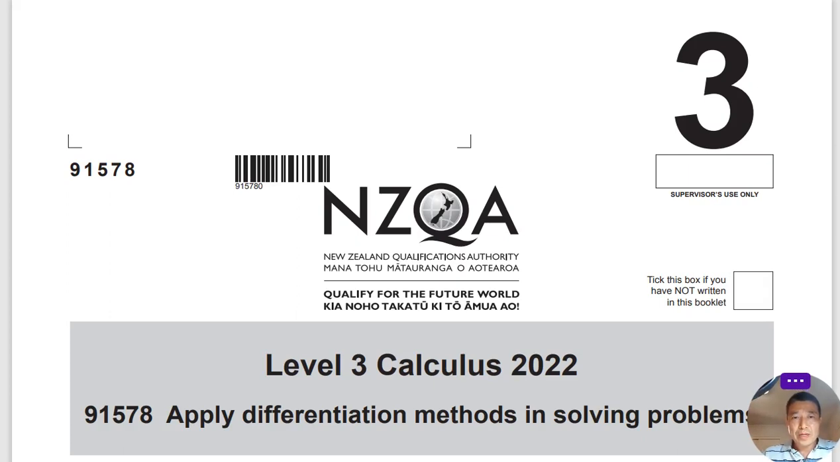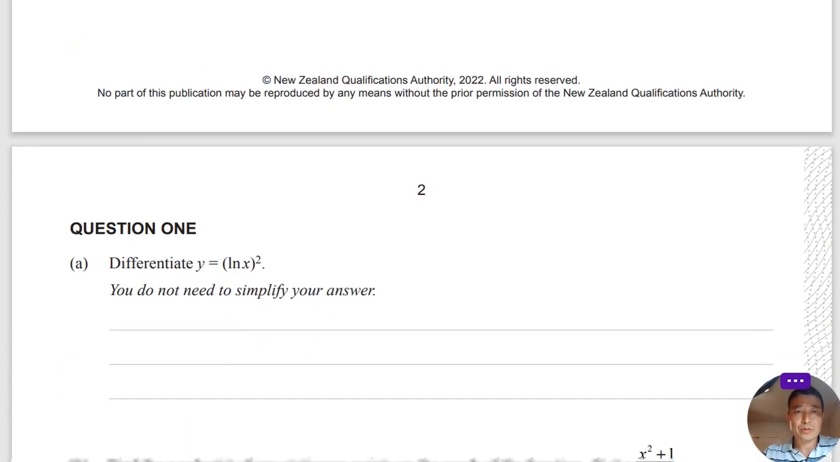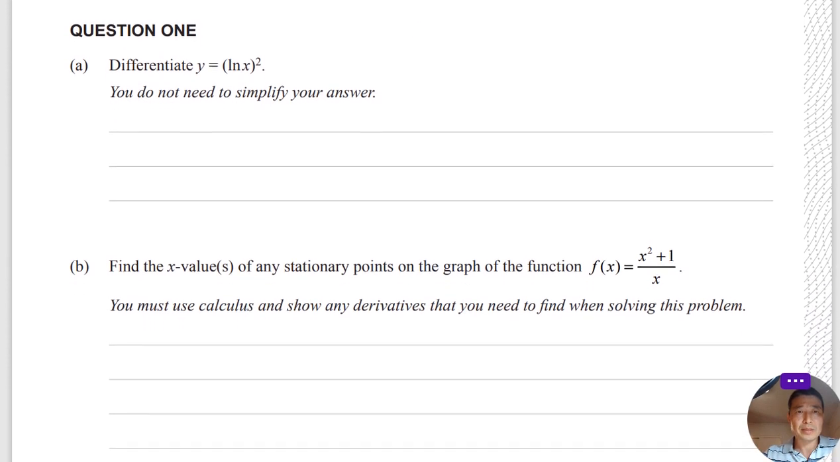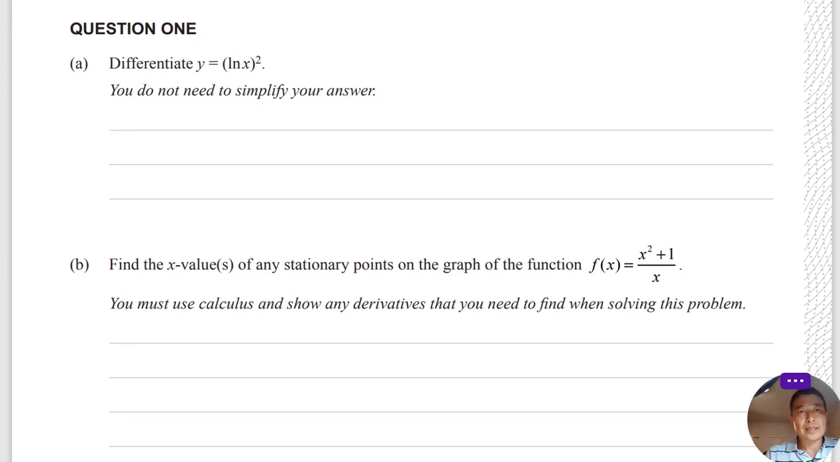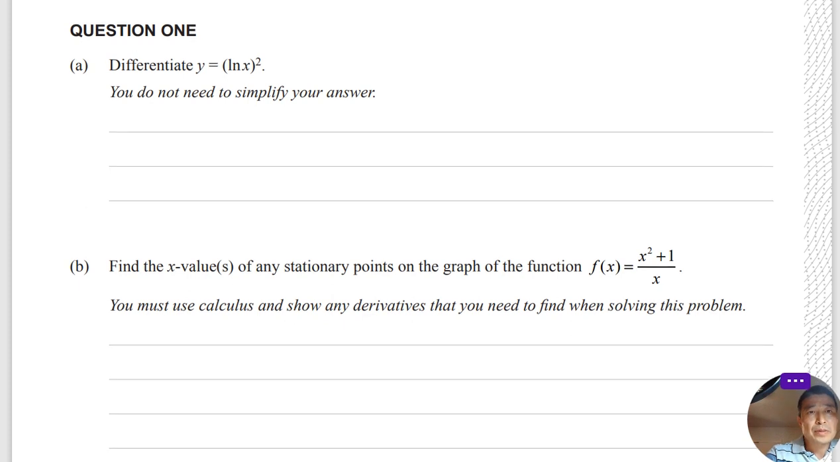13th, we are going to do level 3 calculus differentiation 2022. So today we are going to do question 1A and B. Okay. So question A, y equals natural log x squared. Differentiate this. So to find y prime,